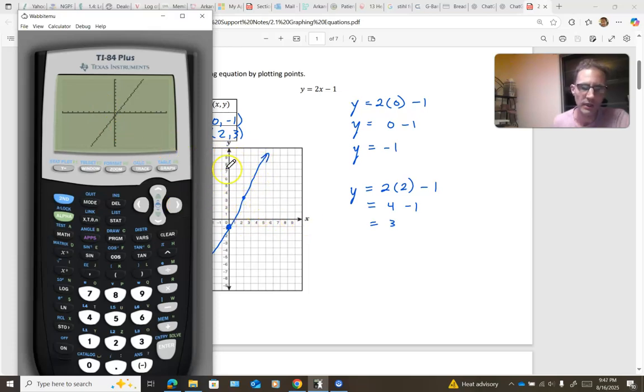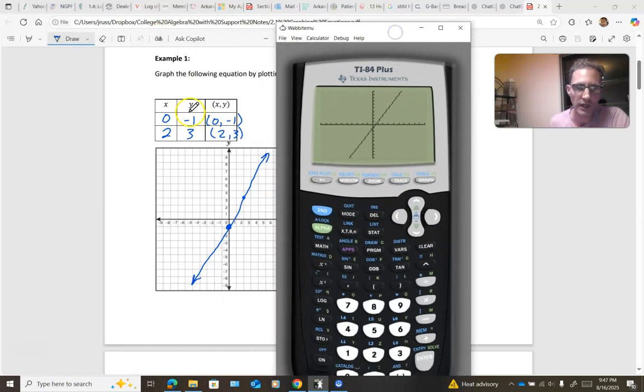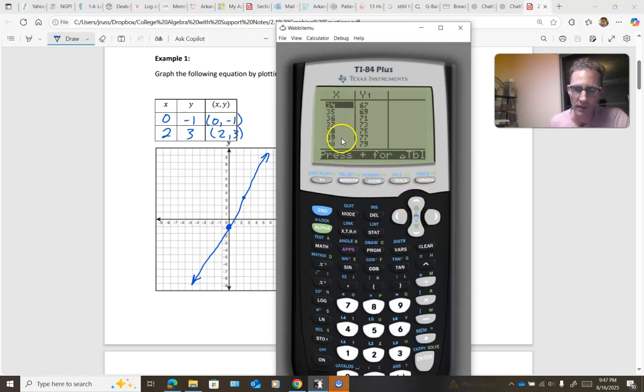This is the same 20 by 20 that I have here in the notes. But just looking at this, it would be hard to know exactly where to put those 2 points, okay, or what 2 points to use. So fortunately, the calculator will actually create an XY table the way we did, except it'll do it for an infinite number of values of x. And so to access that, it's right above the graph key. You have to hit the second key, and then the graph key, and it'll take you to the table. You can see it just lists a bunch of values of x. You can see I'm way down here, so I'm going to scroll up, and we'll be able to find these two ordered pairs